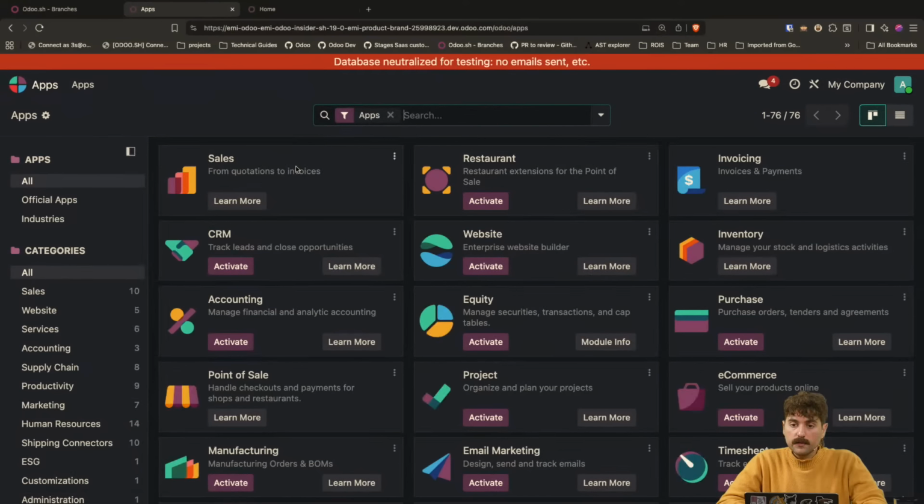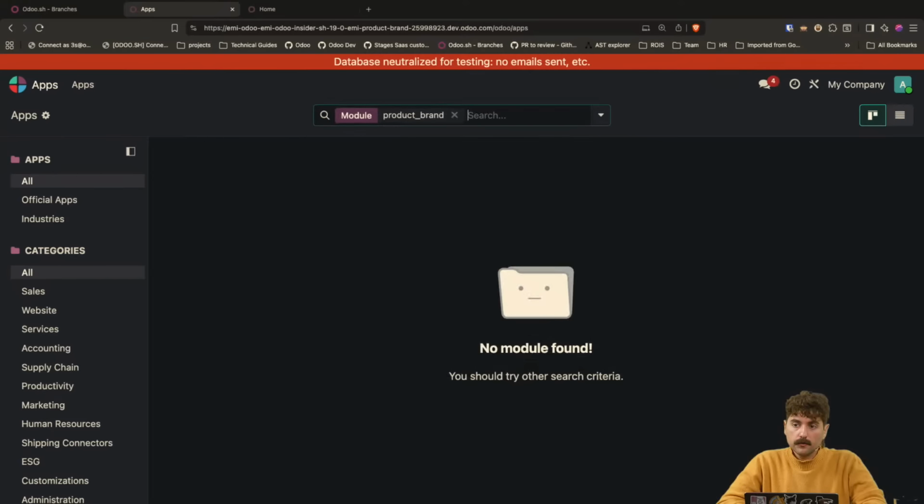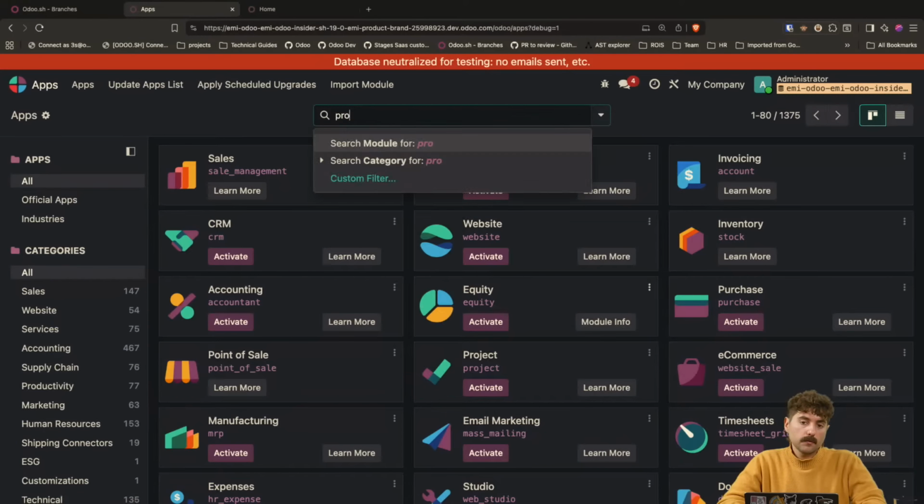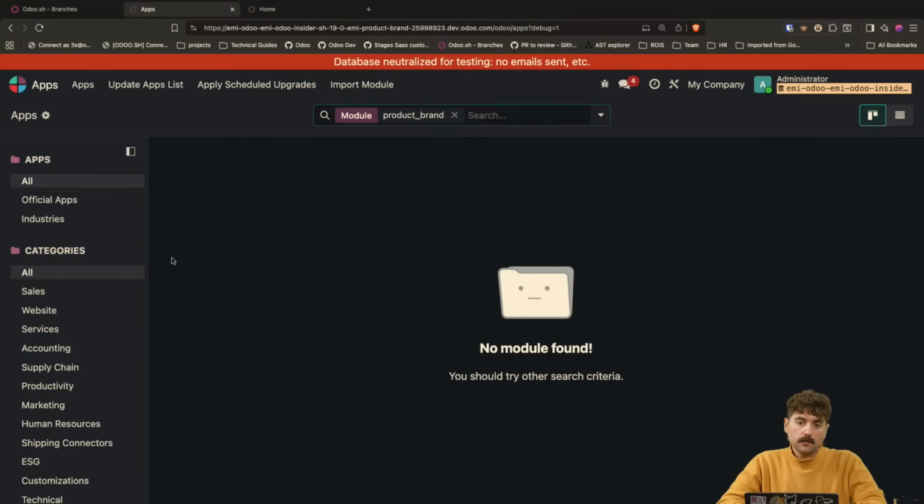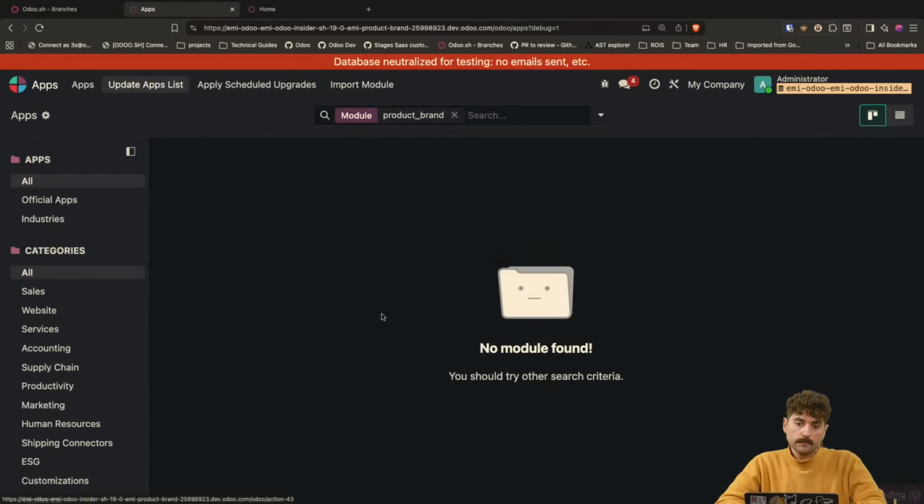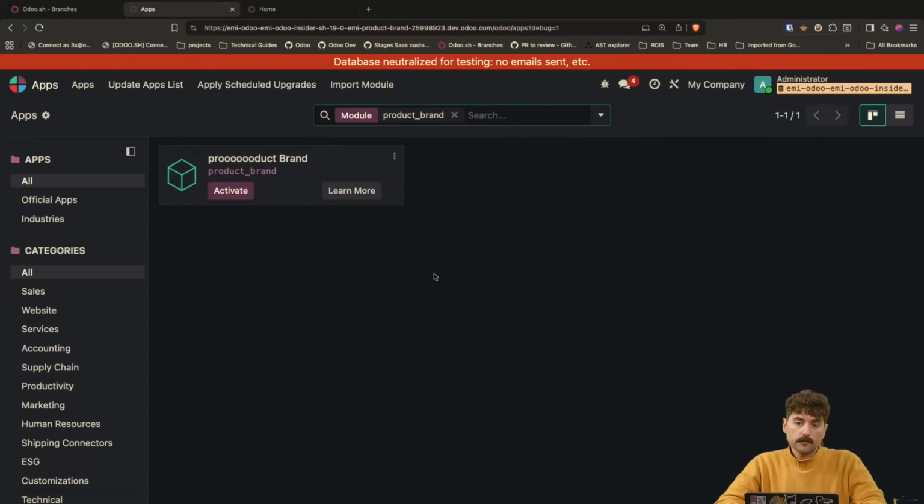We have another staging branch that is still a copy of production, but in this one I should be able to find my module. So if I look for product brand, I should be able to find it. But why can I not find it? This is maybe a pitfall that people will fall into the first time they push something, is that you need to update the app list the first time that you create a new module. And if I click on search again, I will be able to find it,